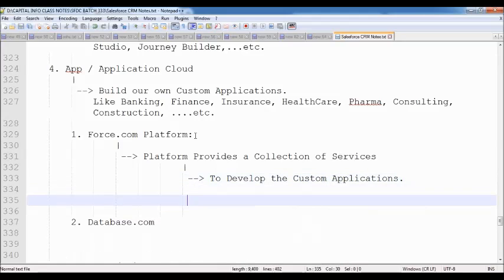Whatever custom applications that you want, we can develop all these custom applications with the help of this Force.com platform.